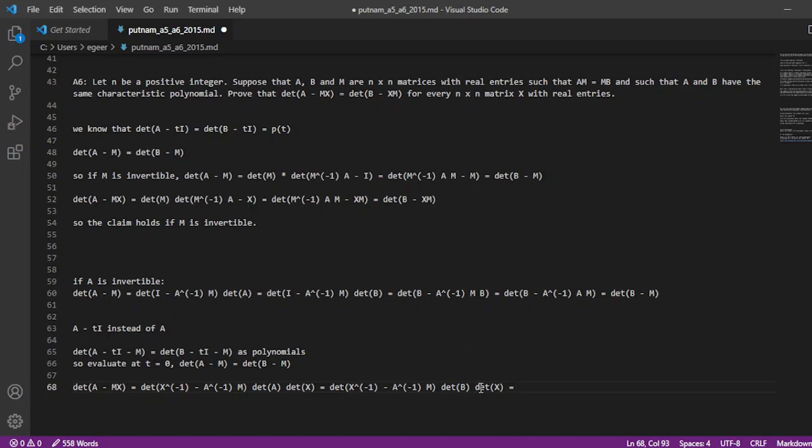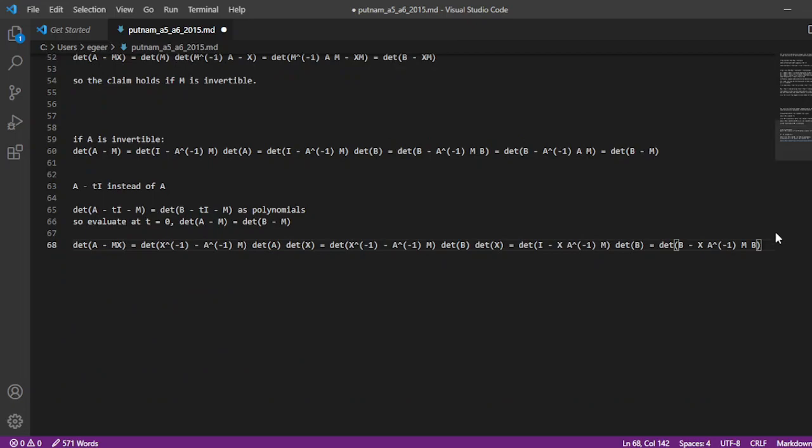And then I want to again get everything in the correct order. So I'll first multiply by x. So that will put x in this position, A inverse M, determinant B, and then I'll get B minus x A inverse MB. And since MB is just AM, this is going to be just determinant